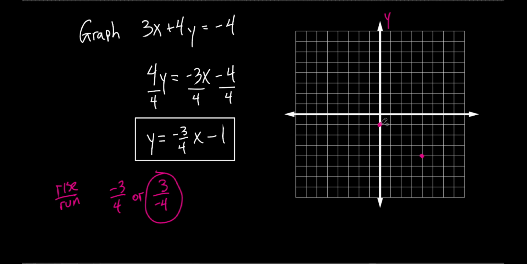I could go up 3, 1, 2, 3, and do what? To the left 4, 1, 2, 3, 4. Let's see. Does it look like it still lies on that same line? Absolutely, okay? So watch. I can connect them. Again, make sure it goes all the way through. Don't just start and stop